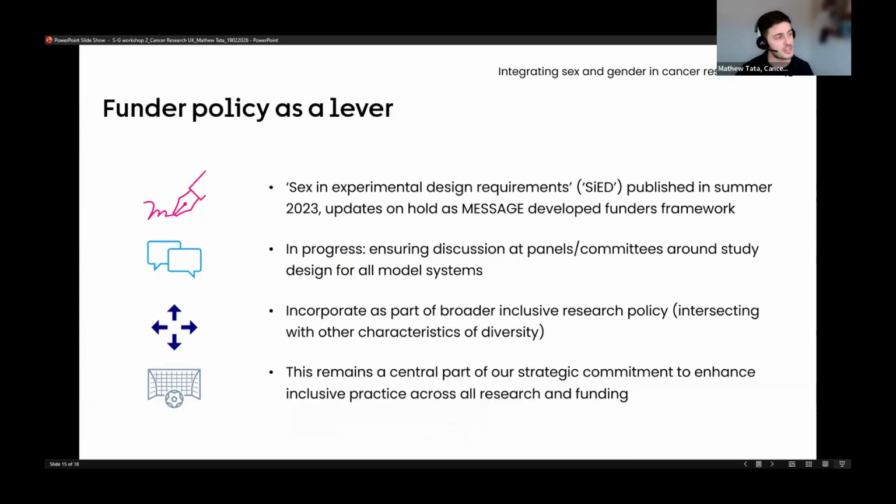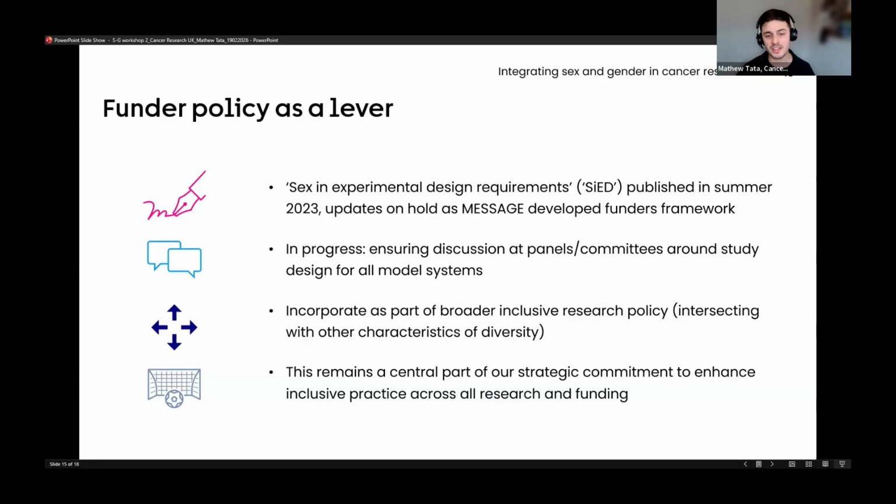So 3 levers that I think we wield and other funders should too, in terms of operationalizing sex and gender. The first is our funding policy, or rather sex and experimental design requirements. We actually published this a while ago in 2023 before Message, who are coordinating this workshop, developed their policy funders framework. So I think now is an opportunity to reflect on where the potential enhancements and changes